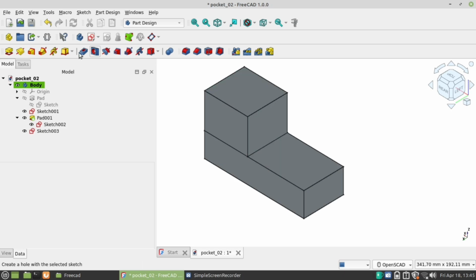If you use Pocket Tool with type of up to face, you can use to make pocket in one surface or two surface. You can use one of them.